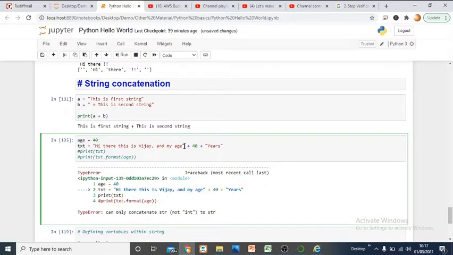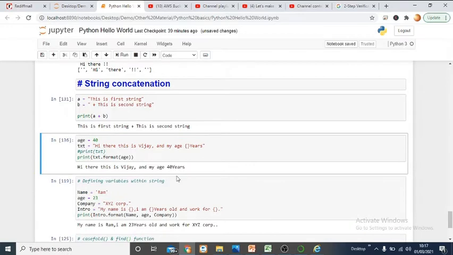In the format function, we just have to utilize braces here. Just mention two braces like this, and that's all. Just utilize this function, it will help you. And here you can see this 40 is automatically appended in the string, right? So this is about the format function.